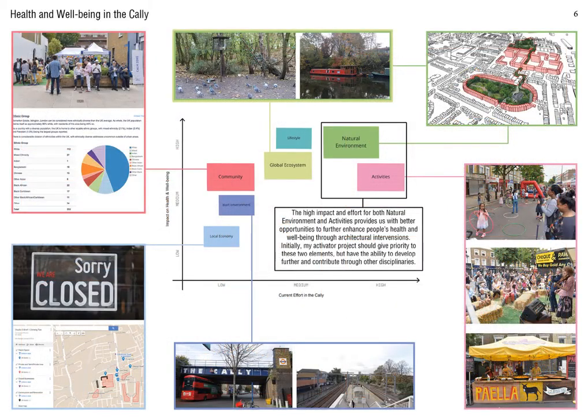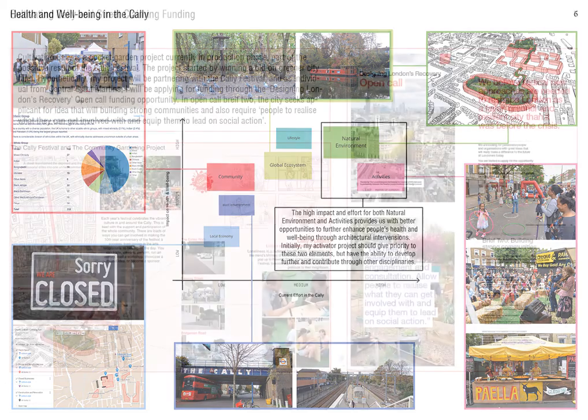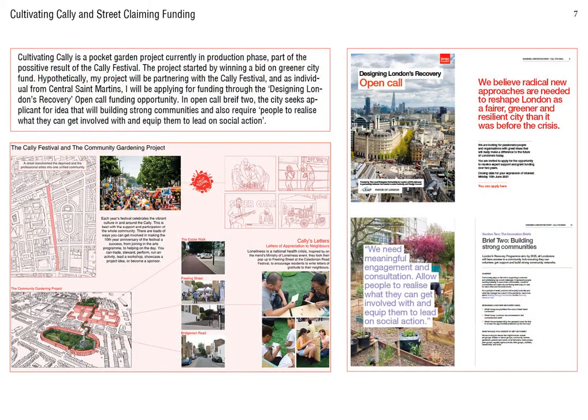So then I looked at the current state of health and well-being in the Kali and realized that it's best to improve the natural environment and provide lots of spaces for the community. And speaking about activities, one of the best examples is the Kali Festival. It's a project that really brings people together, and one of the end products of this project is called Cultivating Kali. It's a pocket garden project currently in production phase, and the project started by winning a bid on